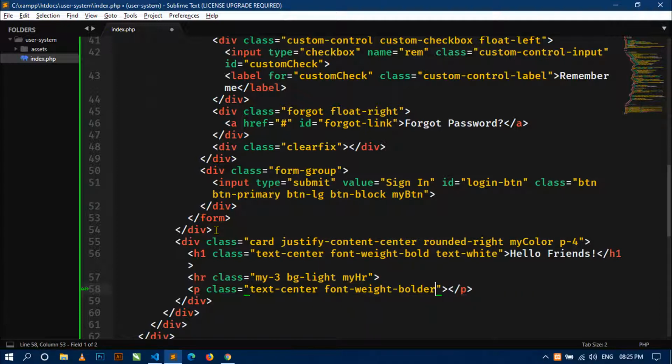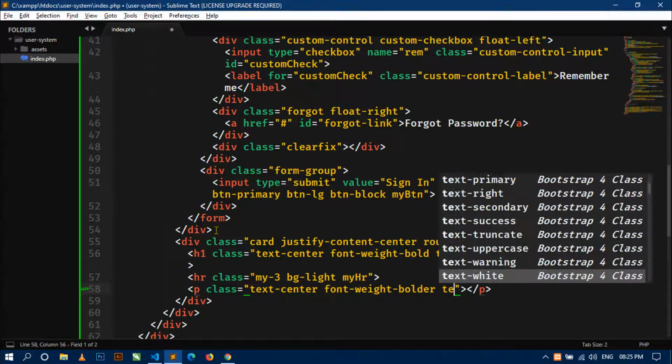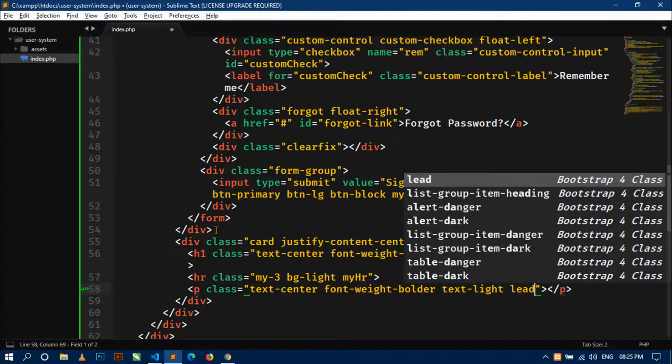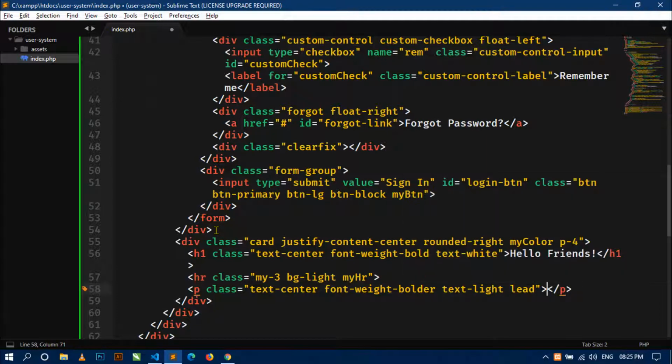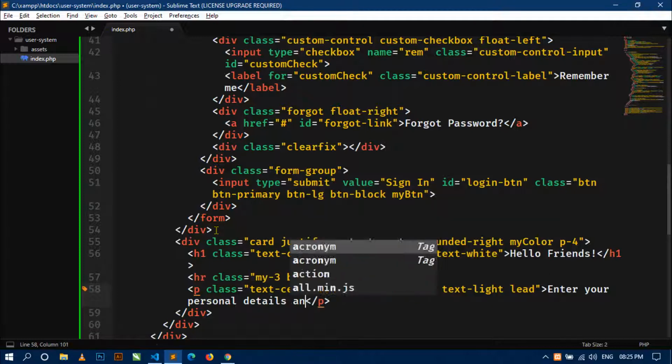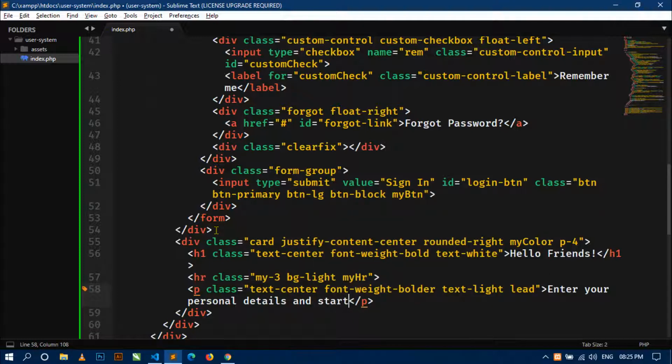Okay, and text color will be light and use lead. Now here just write: enter your personal details and start your journey with us. Okay,